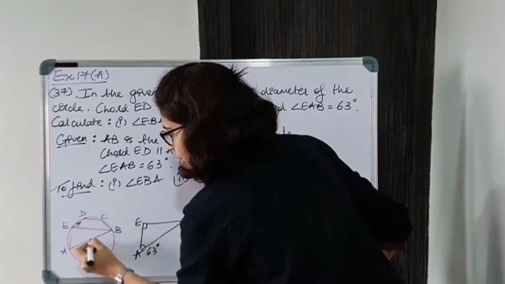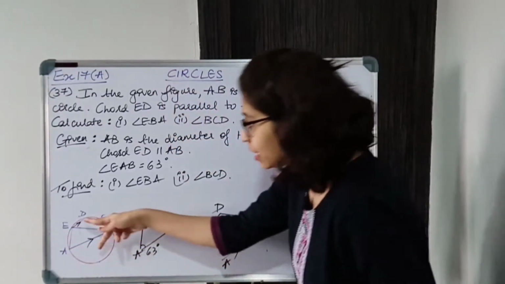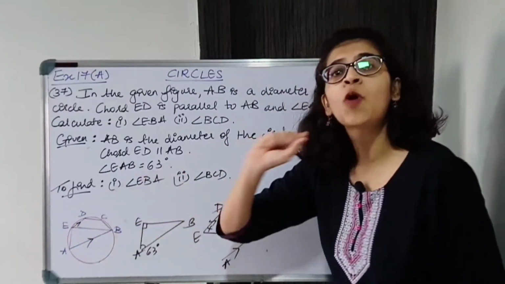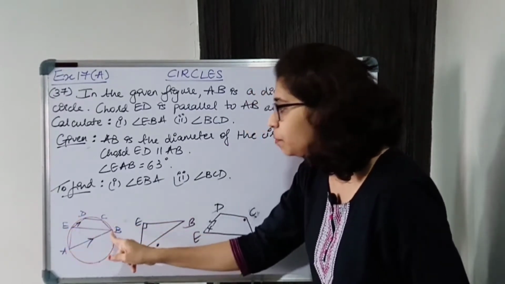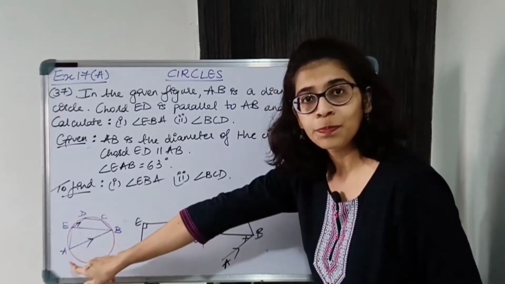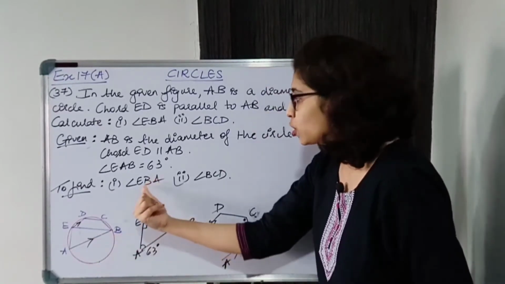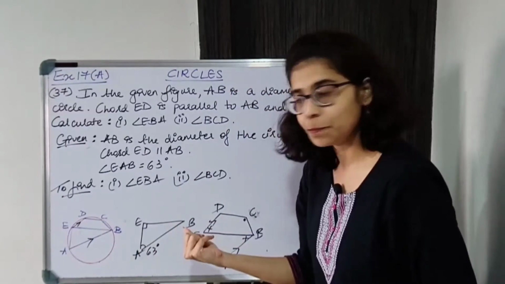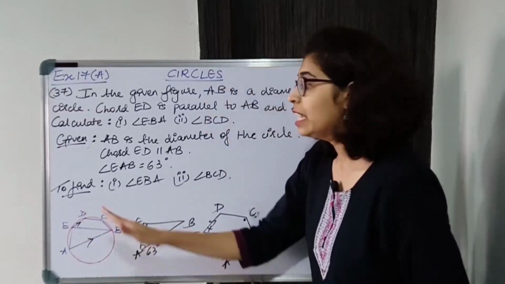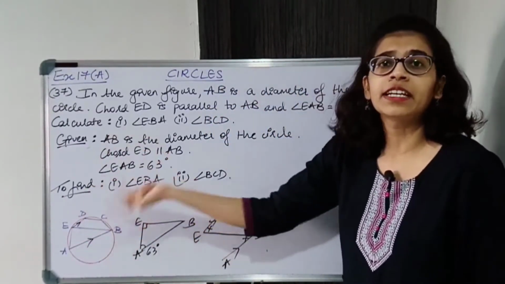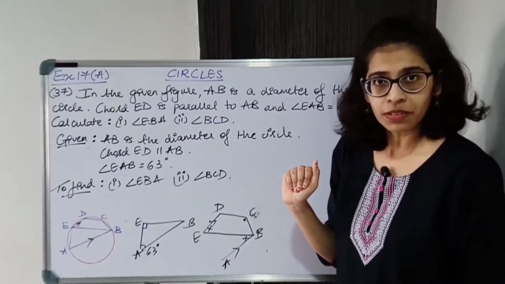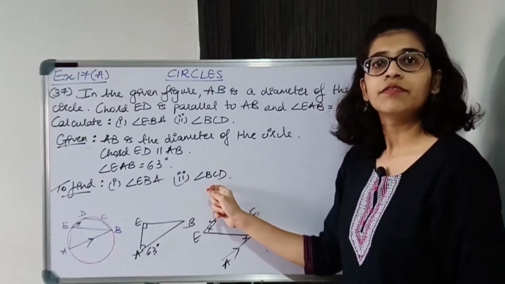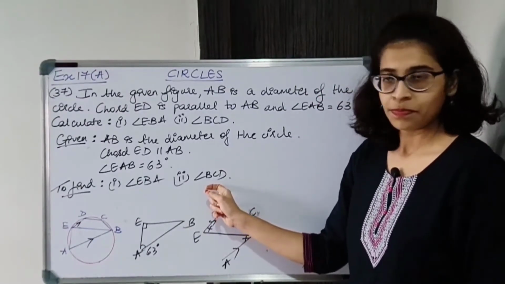ये and ये parallel है, they are parallel with this transversal. ट्रांसवर्सल जा रहा है, Z फॉर्म कर रहा है, मतलब ऑल्टरनेट एंगल्स है, मतलब एंगल DEB इज इक्वल टू एंगल EBA. एंगल EBA आई जस्ट फाउंड, सो एंगल EBA is equal to angle DEB, and once I find DEB I can easily find angle BCD. Okay, so यही वाला इंफॉर्मेशन यूटिलाइज होगा in finding BCD. Okay, so it's very easy.